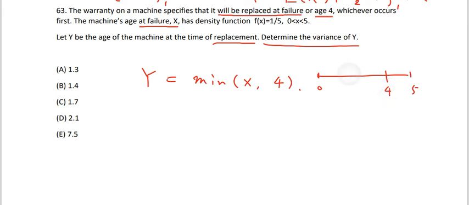Okay, so if failure happens here, we replace. The replace time is just 4. Okay. So find the variance of y. We just need to find it according to the definition. The variance is equal to